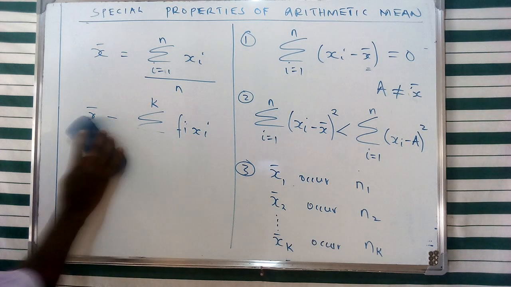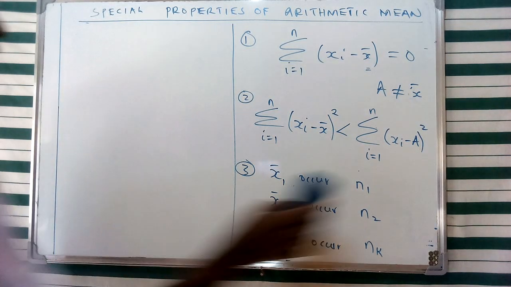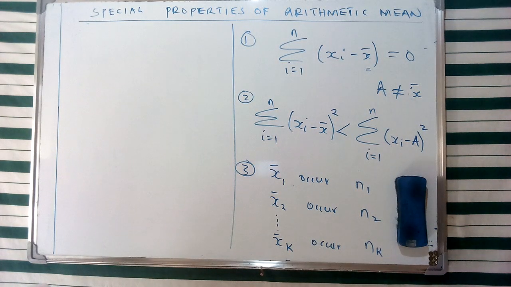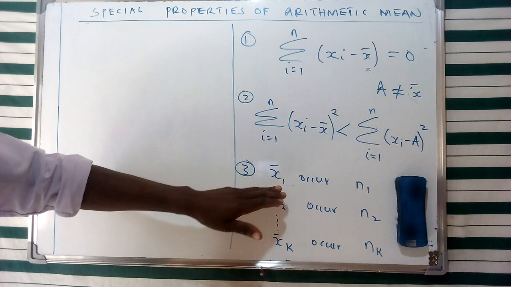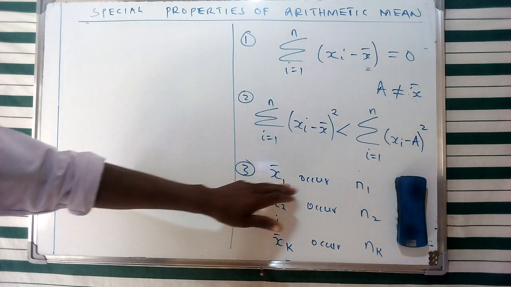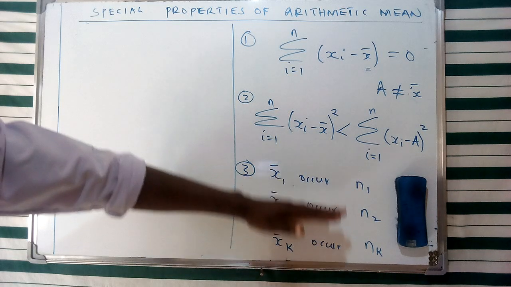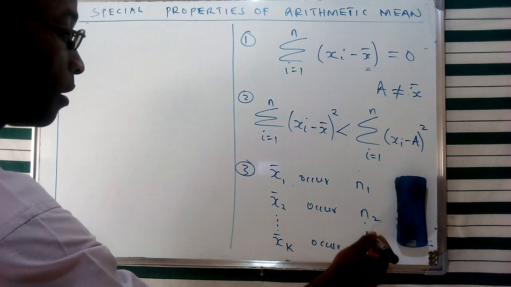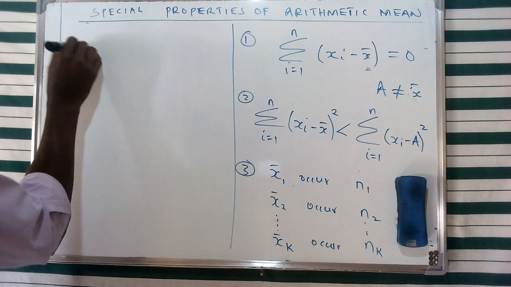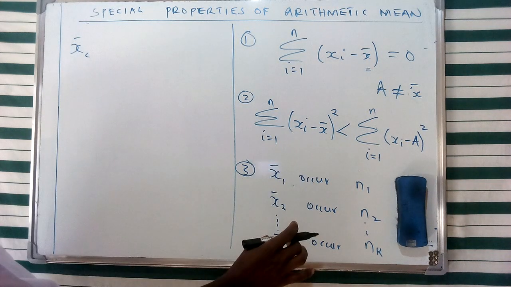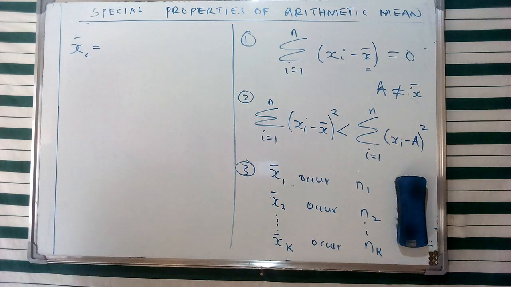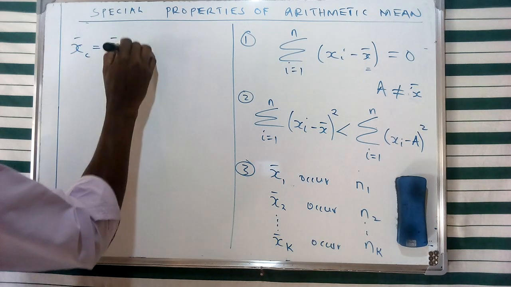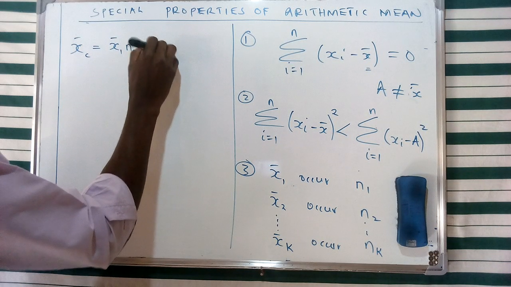Now perhaps we can represent that in an algebraic representation, which is going to give us a clue on what basically this combined mean is. So I've said that in case we have a set of items which have got a mean of x1 and occurring n1 times, this is going to go in this series, and we can find the general mean of these specific means and the total observations by referring to it as a combined mean, and this is going to constitute the summation of the various means and their respective observations going in this order,